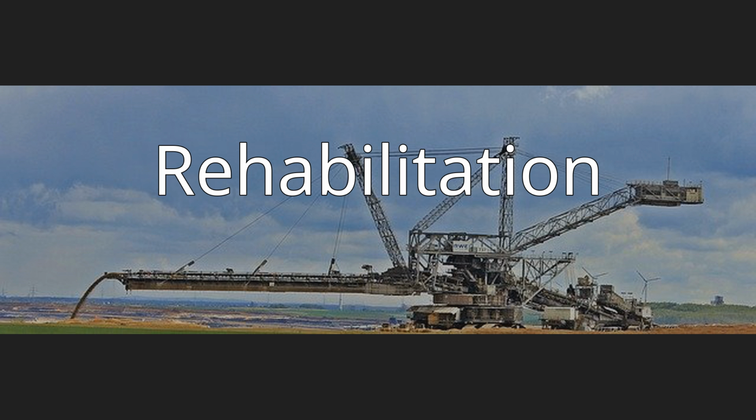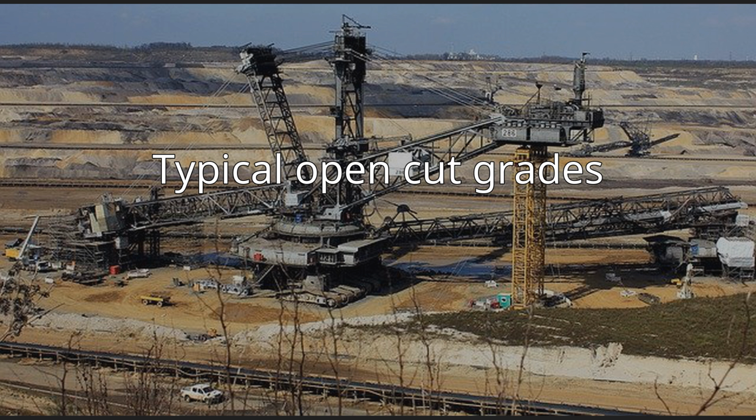To mitigate the problem of acid mine drainage mentioned above, flooding is often done with the water of nearby rivers instead of using groundwater alone. In some cases, calcium oxide or other basic chemicals have to be added to the water to neutralize the pH value. Typical open-cut grades. Gold is generally extracted in open-pit mines at 1 to 5 ppm (parts per million), but